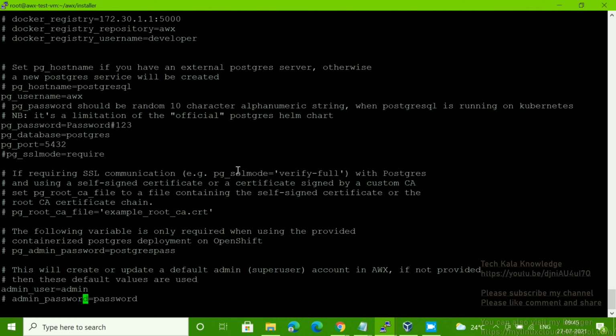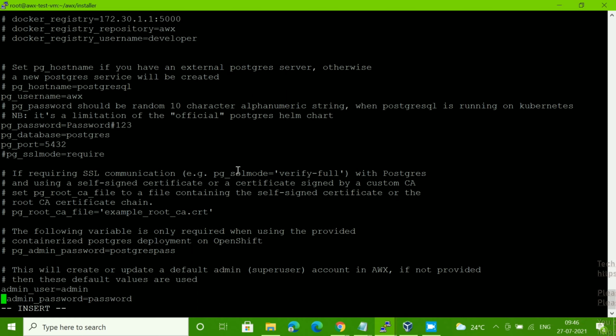We can keep this one. We are not going to change it here, and we will change the admin password. We have to remove this one. We have to give a strong password here. The same password we are going to use here. Password#123. Fine.